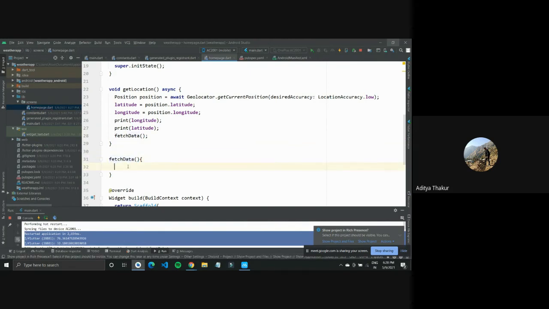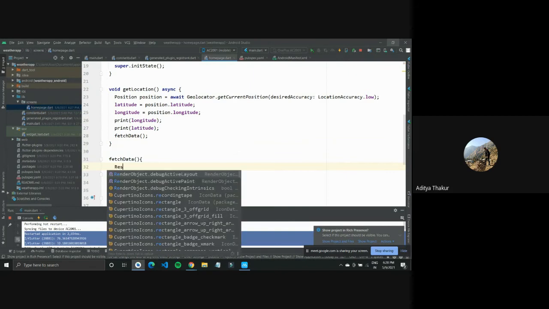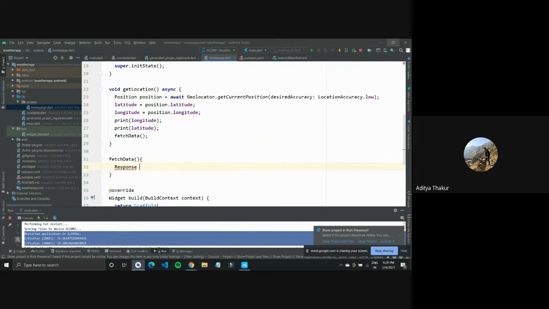This error should go away. And what will happen inside this function is response. Now we have response from the HTTP Dart package, and this is the variable name and this is the type of this response, and I'll define it as http.get.